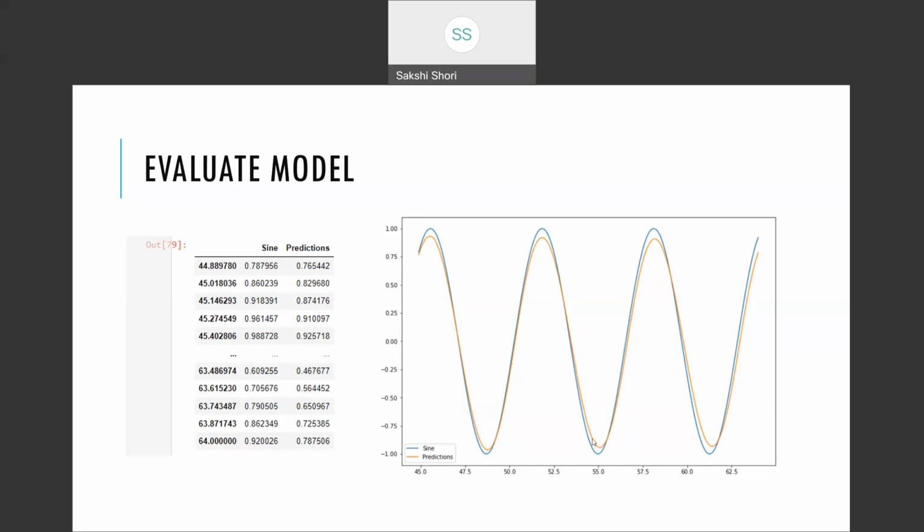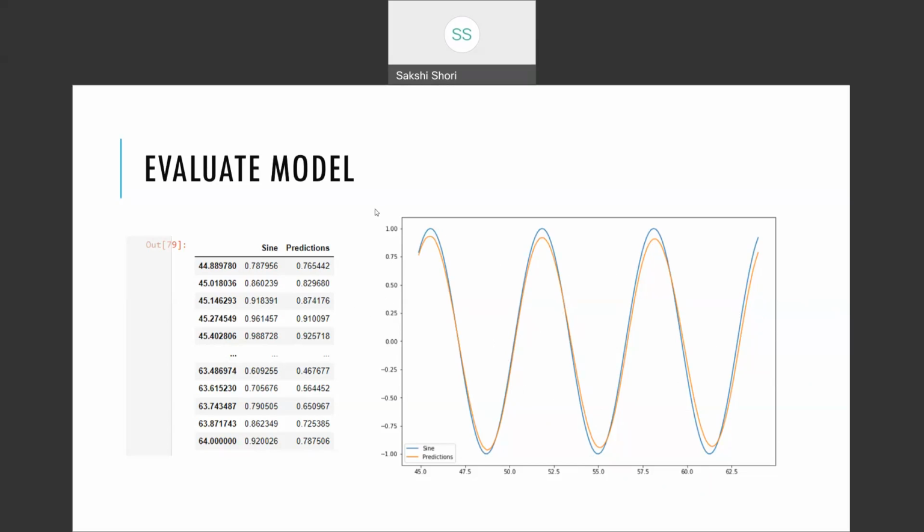In the crests and the troughs, you can see some mismatches or little gaps out there. So it may not be a very efficient model, but it's not that bad in terms of accuracy as well, because you still see some correlated or collocated estimates between the crests and the troughs, right? So as there are not huge gaps, as I mentioned, that indicates that the predicted values are pretty close to the actual sine values, which means that the model is efficient enough and can be used to forecast, right?